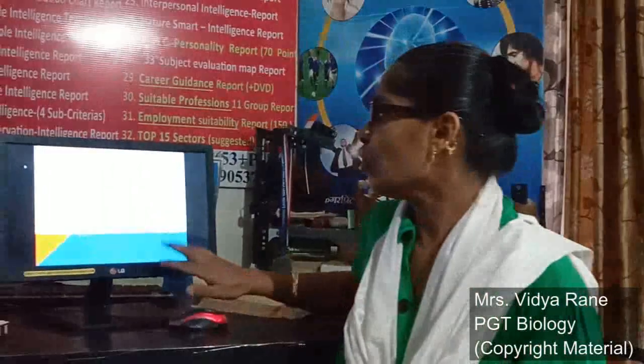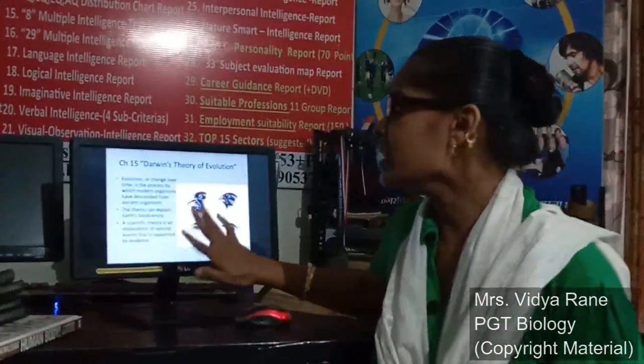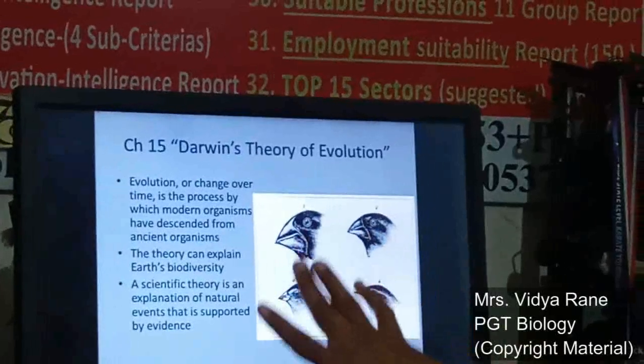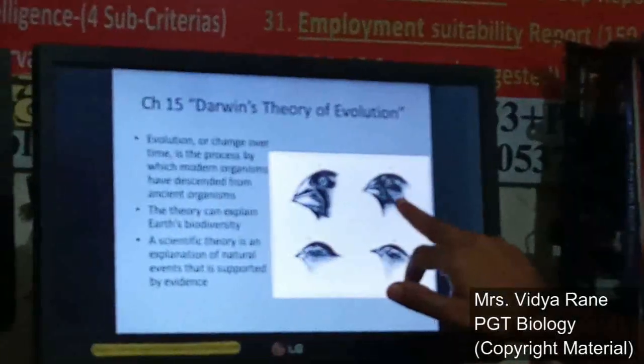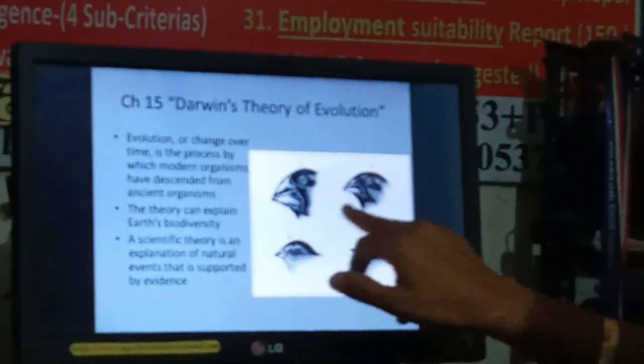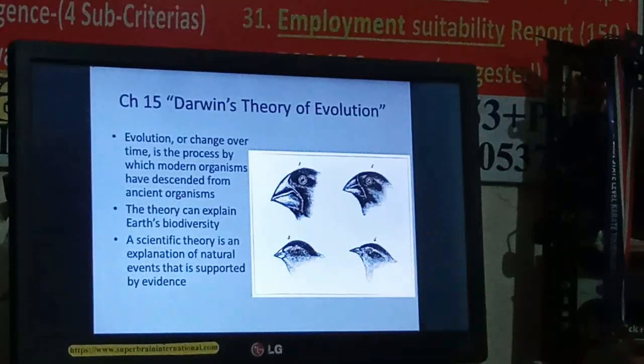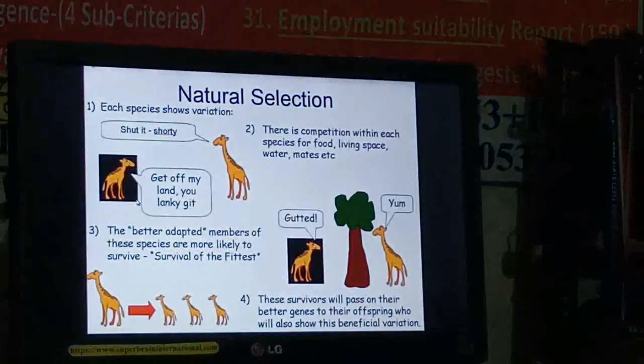Along with him, other scientists also gave some theories. According to Charles Darwin, evolution is a process where little changes get saturated, and after a long period of time there will be evolution of a new species. This is what he observed, different birds which have differences in their beaks due to different food habits. So he has given the scientific explanation for this theory of evolution.